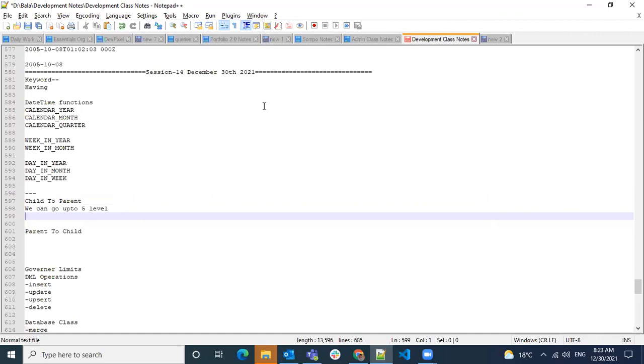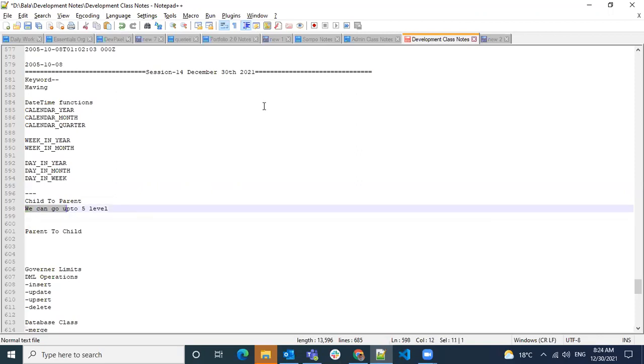When you have a standard relation, that is what we have not created ourselves, the API names will end with ID, like owner ID, created by ID, whatever it is. These two fields are common whether it's a custom object or a standard object. Now we go to the standard object and look at some examples. I'll make a note over here.